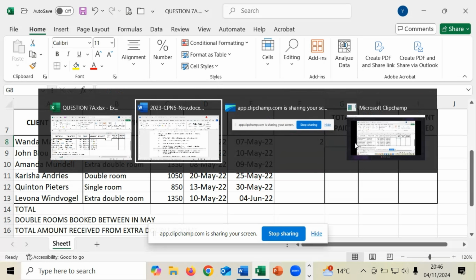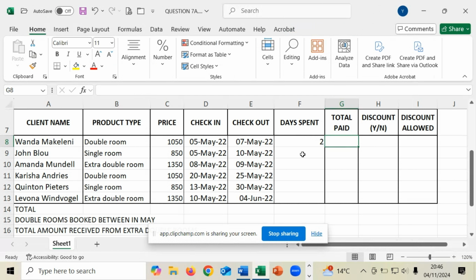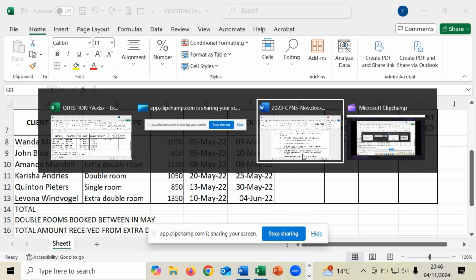Right, next formula we're going to be inputting is the total paid, which is going to be the price multiplied by the days spent, equals price multiplied by days spent. Okay. Then next we need to do formula C,